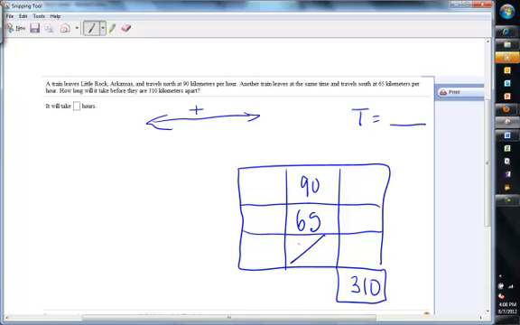We don't care what this is. This is the time times the rate is the distance. Okay, since they left at the same time, t will be the same. You don't need this total here either. We get 90t is the first one's distance. 65t is the second one's distance. You add those two together, you get